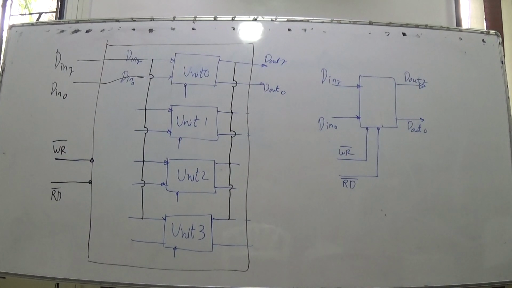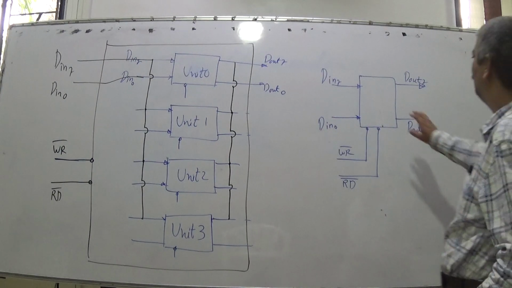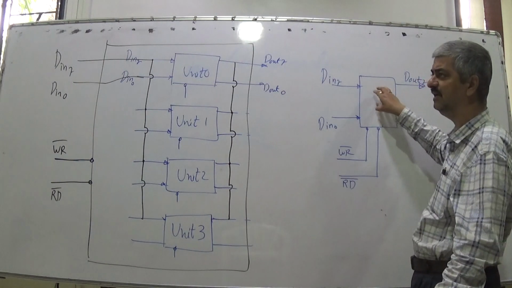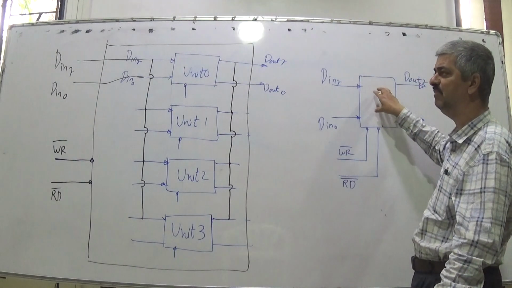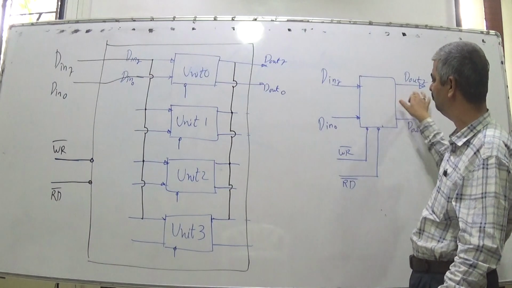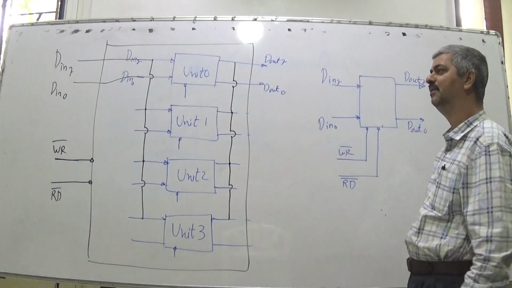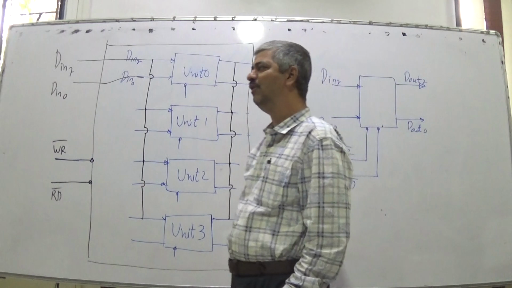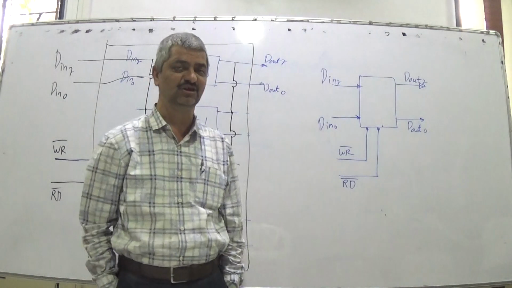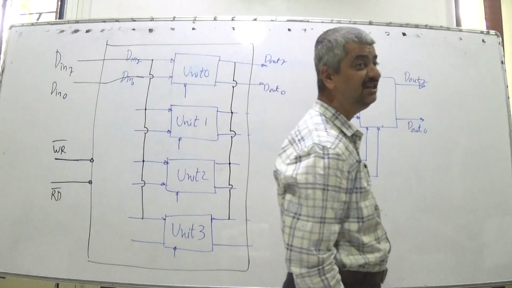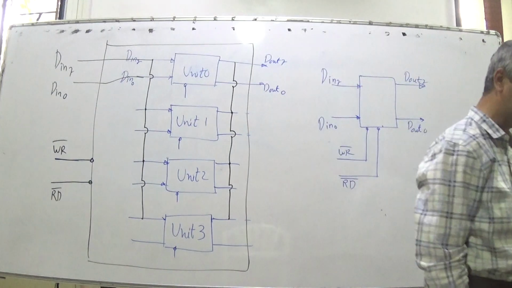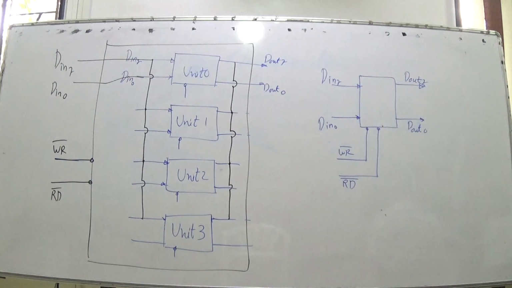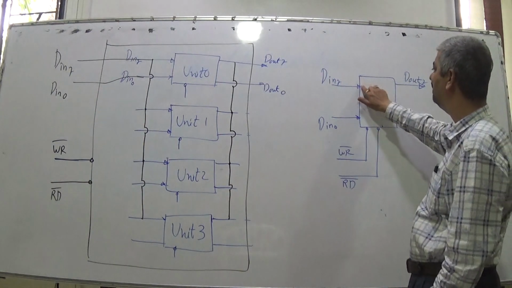Now, logic gates you might have studied, or even if you might not have studied, I will explain it in a single word. So, this was one unit of 8-bit data or a 1 byte memory cell. It is having input lines, output lines, read bar, write bar. Now, I will add one more line, that is a select line, called chip select, CS bar, that is also required in many cases. Then you will say, why you did not teach it when the unit was introduced? The purpose was not there.